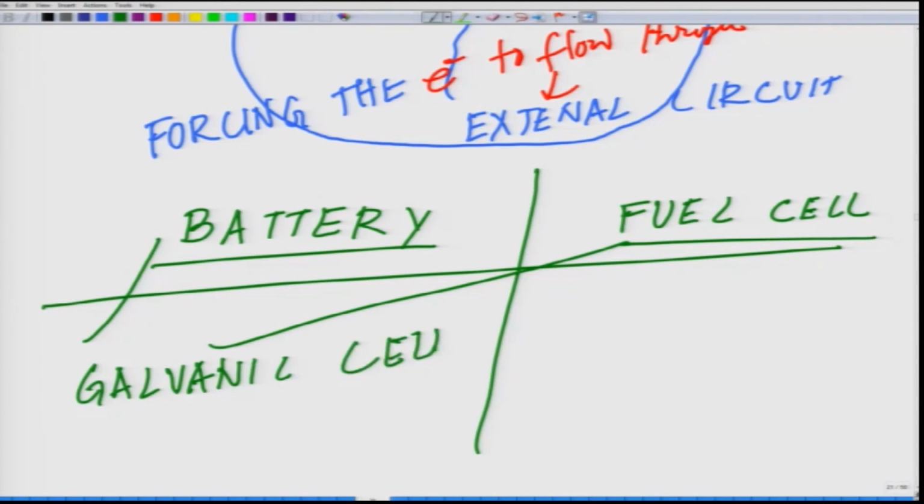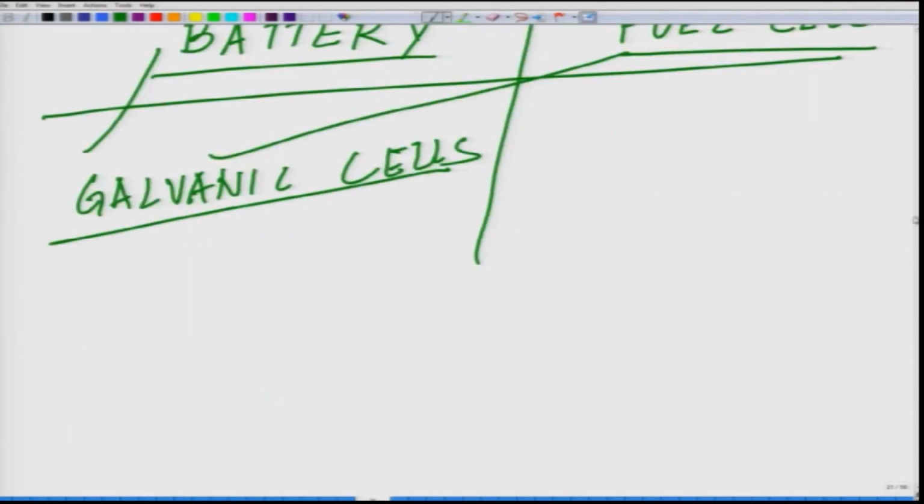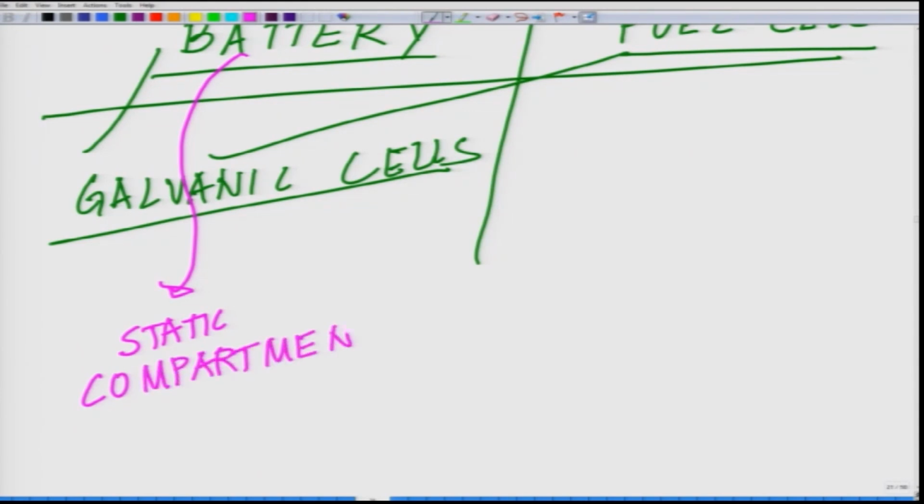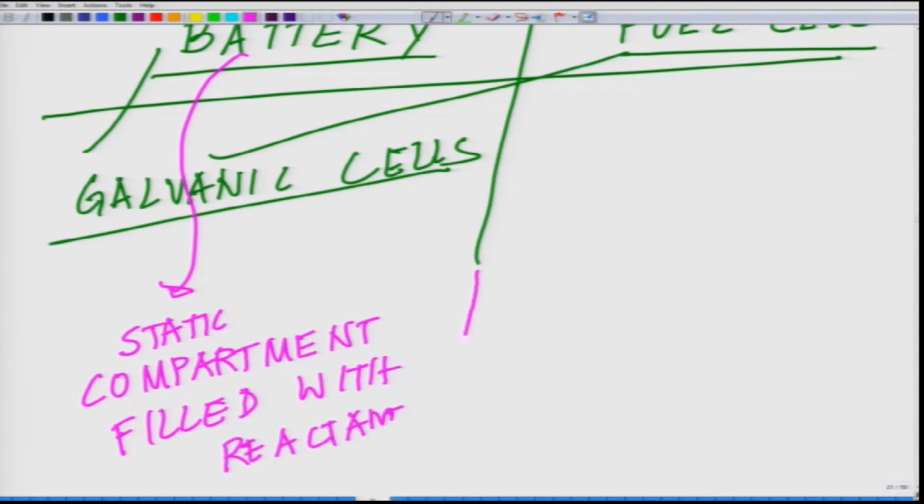galvanic cells, but there is one small difference in terms of the amount of substrate which are present. So, in the case of a battery, that is the situation when we talk about a static compartment filled with reactants. On the contrary, if we talk about a fuel cell,